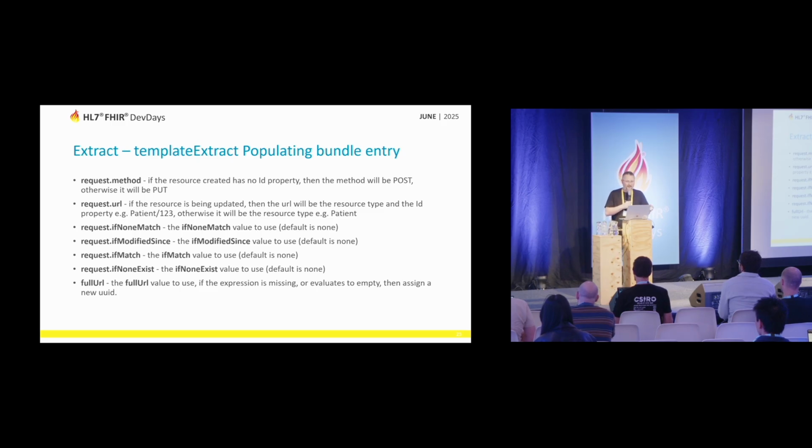If it doesn't have an ID in it, it's a post. So I don't need to do mangling to generate the method. I just worry about putting the ID in, and the rest of that will fill in. Request.url is the same deal. If it had an ID, it will put that in, otherwise it's going to be the type. If none match, you can do conditional updates. So you've got control of those. And full URL,